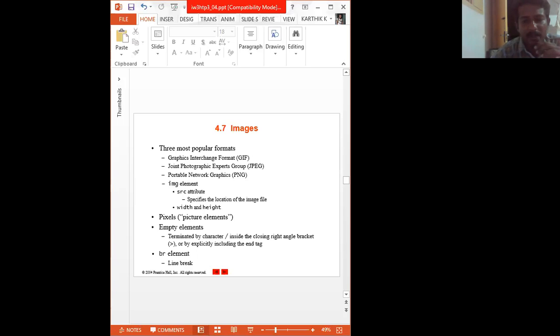Users can create images using specialized software such as Adobe Photoshop Express, GIMP, Inkscape, or many more. Images may also come from various websites, many of which offer images.